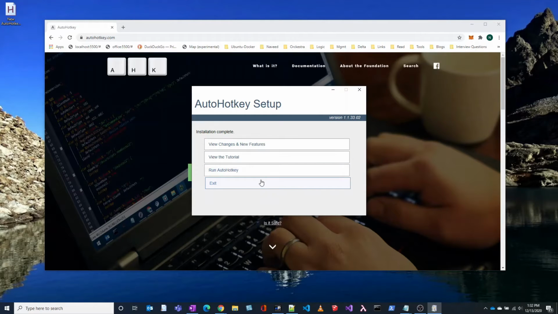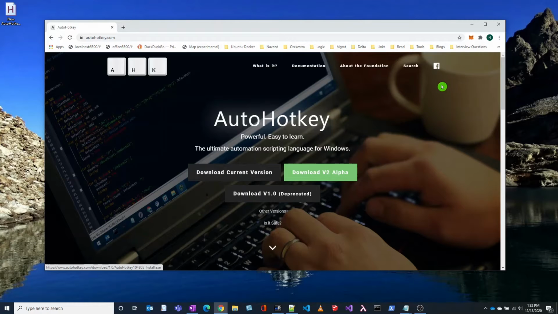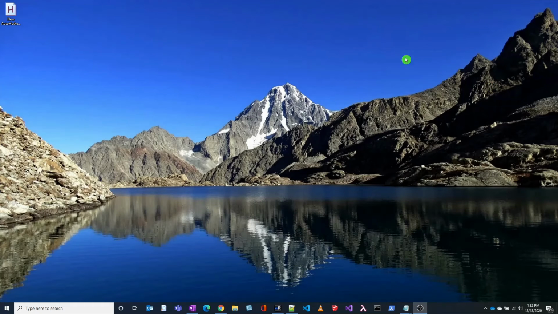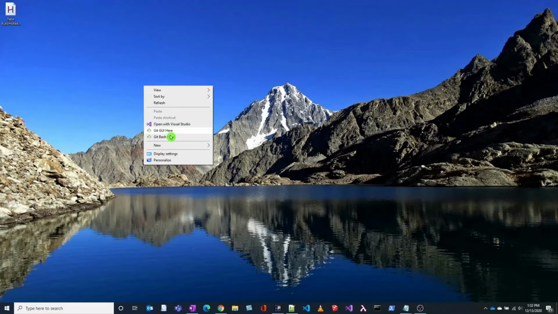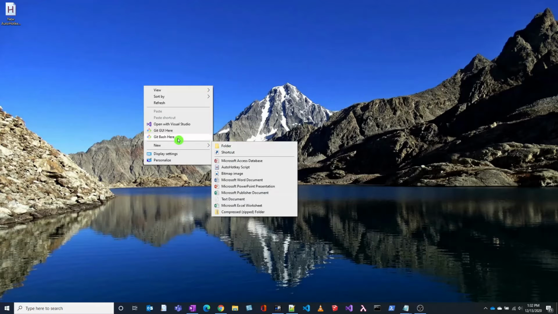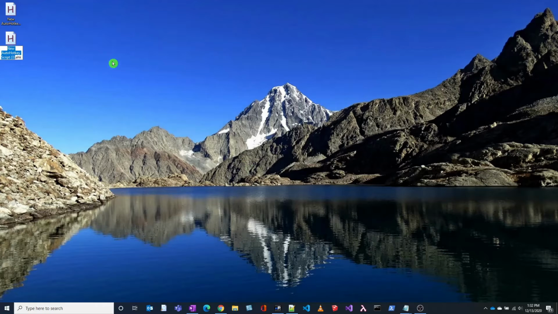It's done. Installation is complete. You can run AutoHotKey, or you can exit. For now, let's exit. Let's go back and create a new script. Close the browser. Let's create a new script over here. Once the installation is done, you will see a menu item over here which says AutoHotKey script. Click on that to create a new